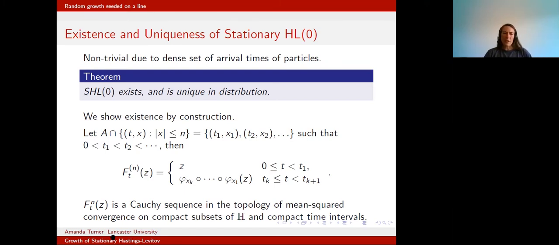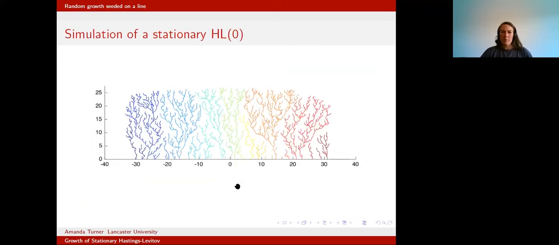So I've sort of just given a little idea of the structure there, but there's quite a lot of work involved in that. Okay, and here's a simulation of what this stationary HL0 can look like. Yeah, I think that's all I'll say for now. So it sort of looks like this. Well, what about